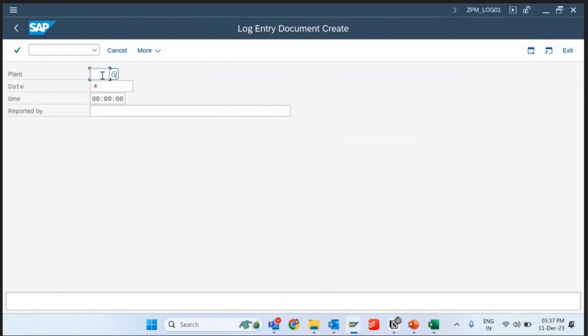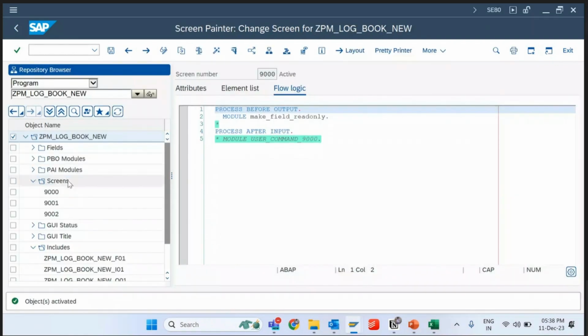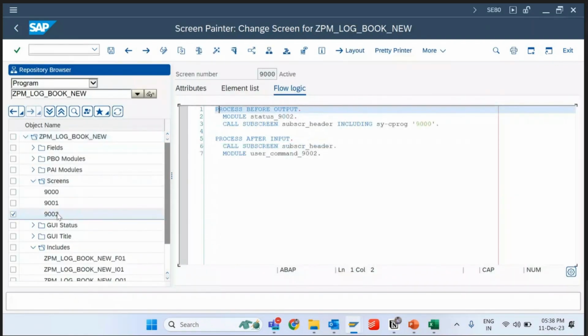Okay, all these three are required fields. Unless and until I give the value, it will not take me to the second screen. Okay, that's fine. Now I'm inside the second screen, that is 9002. And I need item data. Okay, so let me go here,